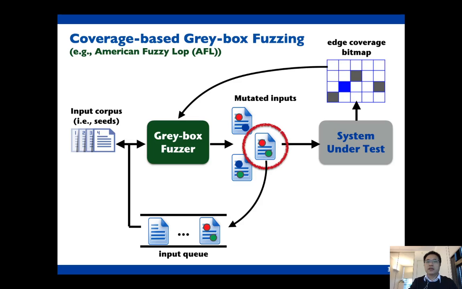The idea of fuzzing is pretty simple. It generates and sends a huge number of inputs, including valid and invalid inputs, to the system under test in order to trigger abnormal behaviors like system crash. Depending on how much information the fuzzer knows about the system under test, we have basically three types of fuzzing, including black box fuzzing, gray box fuzzing, and white box fuzzing.